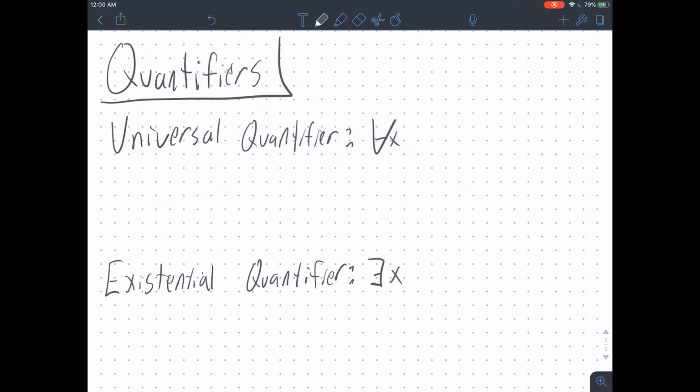These will always occur at the beginning of some schema or significant part of a schema. And when we see this upside down A followed by an X, it doesn't have to be an X, by the way. We could have a Y or any lowercase letter. We would read this